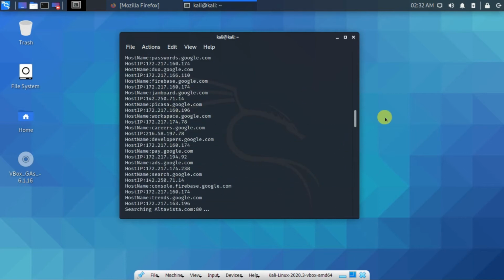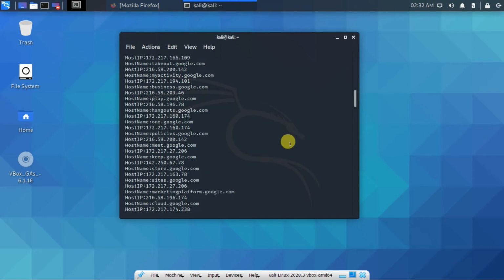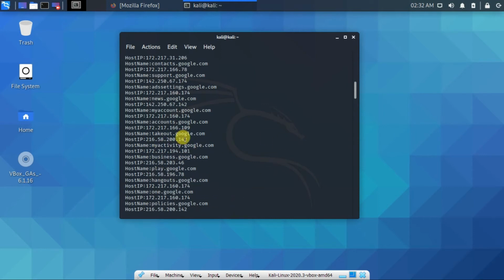So now, as we use the command -s with Dmitry, we have got a lot of subdomains with their IP addresses. Let's take out one subdomain. To copy and paste in the terminal, you have to use Ctrl+Shift+C, not just Ctrl+C, right?